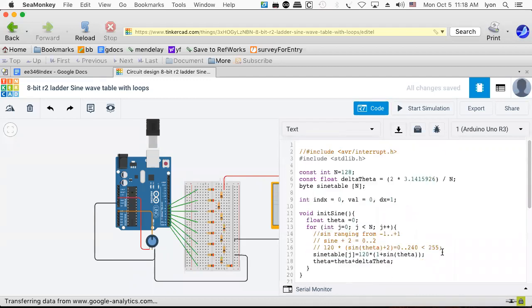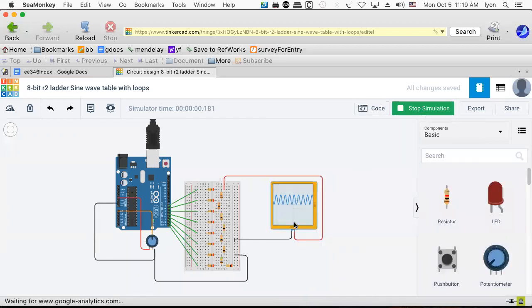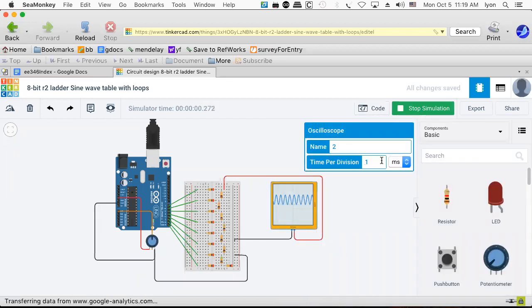There's no real sense of actual frequency because we don't know quite how fast this thing is running, and we're not really sure if it's giving us a frequency that we could estimate or measure or anything like this. Right? There's no, well, actually you could measure it, and let me show you how. Let's see. I think you can measure it, right? Because if you look at this, it says time per division 1 millisecond. Right? So if that's the case, if this is really